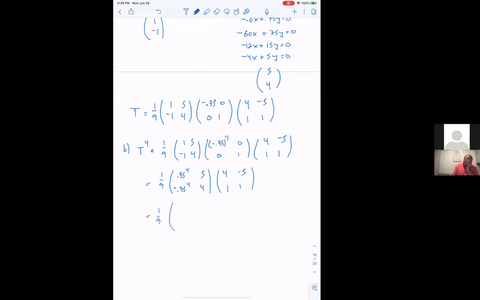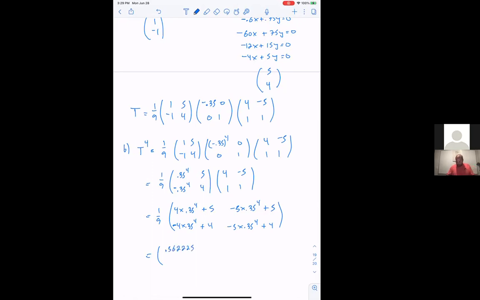And then what do I get? I get 4 times 0.35 to the fourth plus 5, negative 5 times 0.35 to the fourth plus 5, negative 4 times 0.35 to the fourth plus 4, and negative 5 times 0.35 to the fourth plus 4. So now that I have all that done, now 4 times 0.35 to the fourth plus 5, divide that by 9, I get